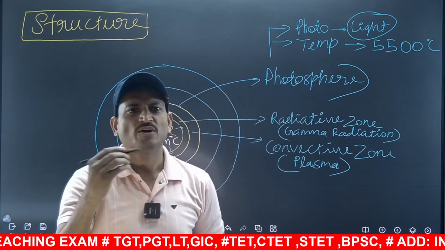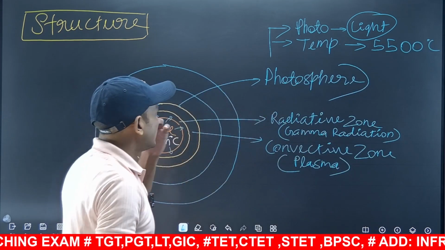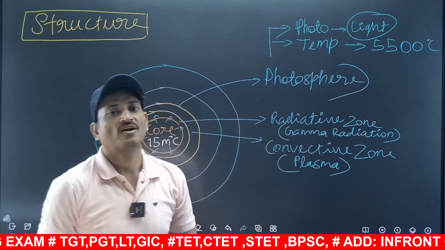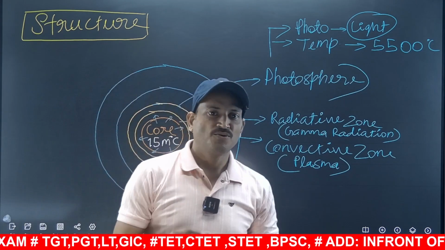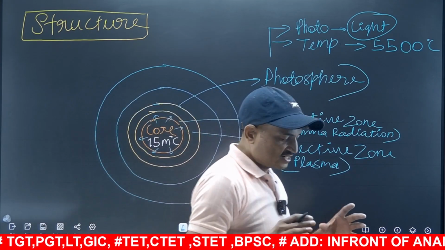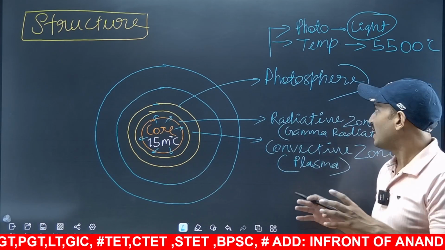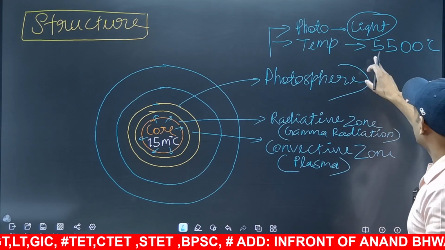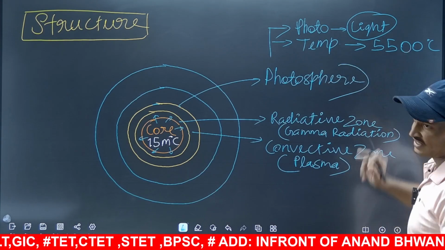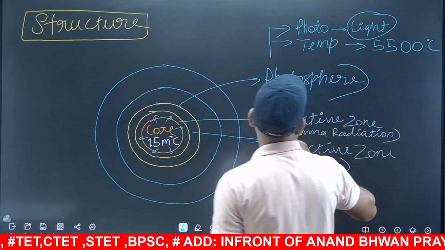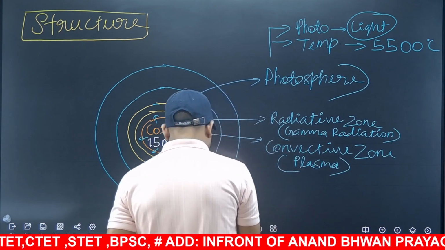5500 to 6000 degrees Celsius around. This temperature, we can just compare with the core of our earth. We know that the temperature of the inner core of the earth is also around 5500 degrees Celsius. So we can compare this temperature of the photosphere of the sun with the inner core of our earth. So this is about the temperature of the photosphere.